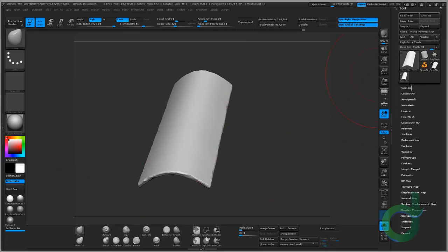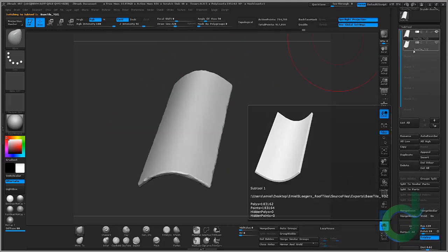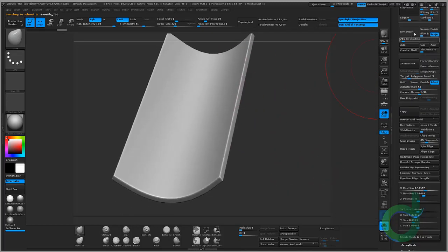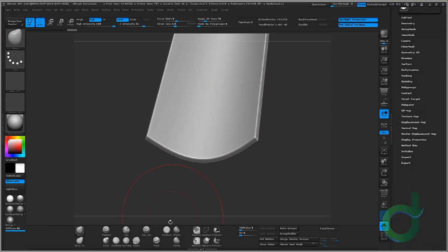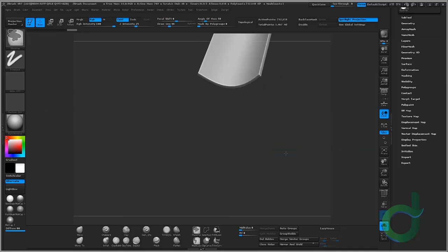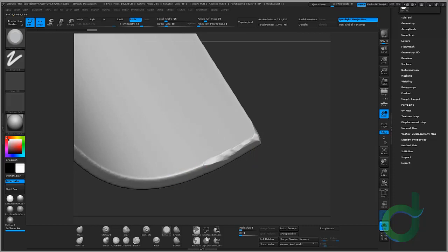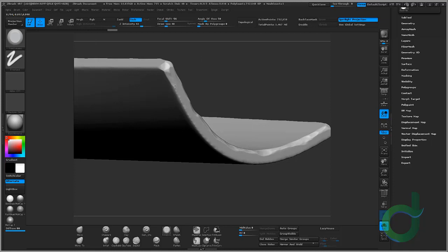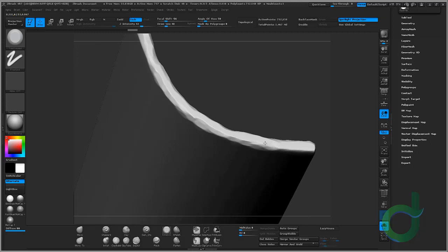So with this one done, I will most likely do a time-lapse for this one because it's the exact same process as this. So we just want to divide one more time, and we just want to do the same sculpting process that we did before. Okay, so I went ahead and just time-lapsed this. So I'm just sculpting in some edges. For this it's pretty straightforward, so of course I don't have a lot to tell about it, I'm just chipping it away. But something interesting that you can also do: